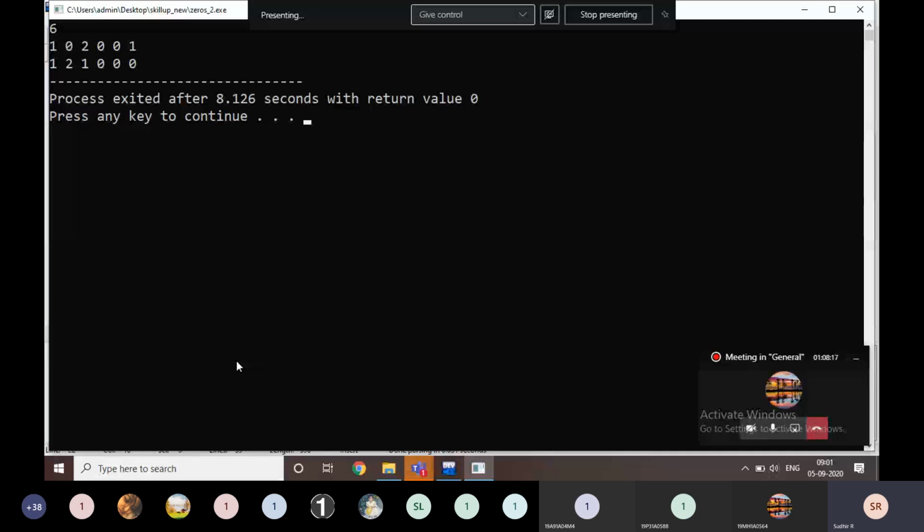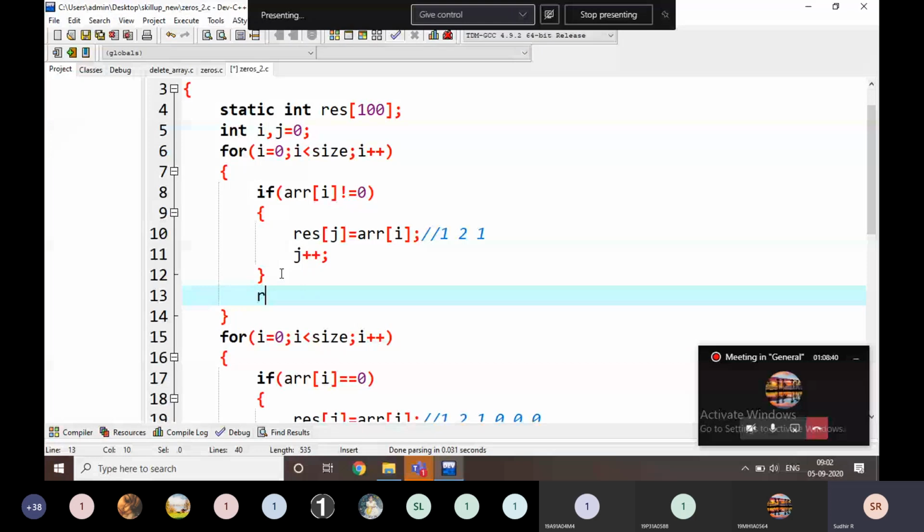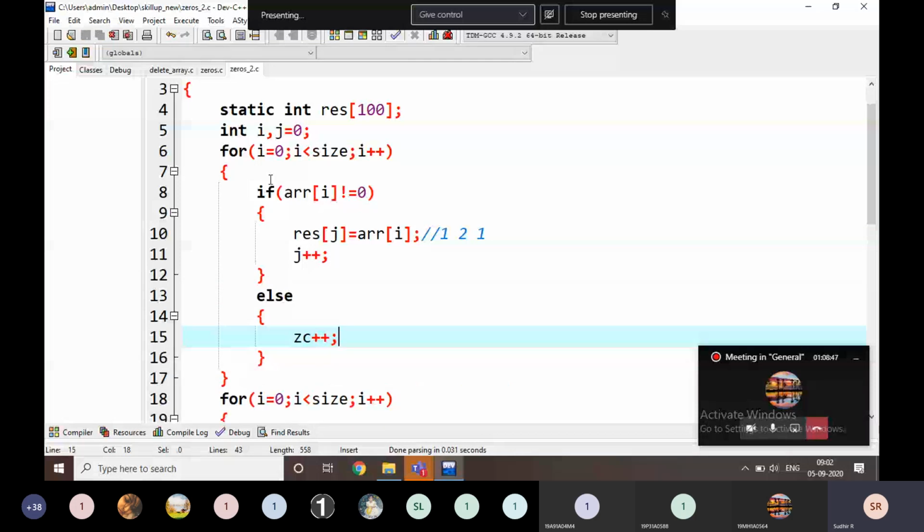This is one method, where I am writing with 2 loops. Every time we are going to compare from number 1 to number 0. But this is not the correct method. This is the correct method, z plus plus. Why is it not correct? In 2 times we are searching through all the values. For example, if it is 1000 values, in the first for loop I am searching all the values, and the second time I am doing the same thing. That's why that is not a correct one.